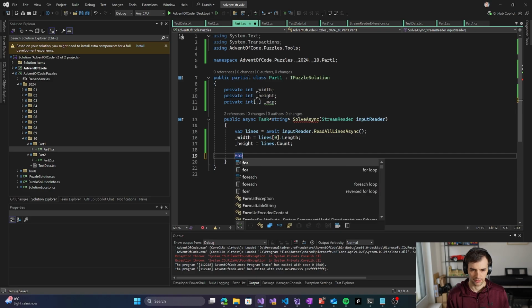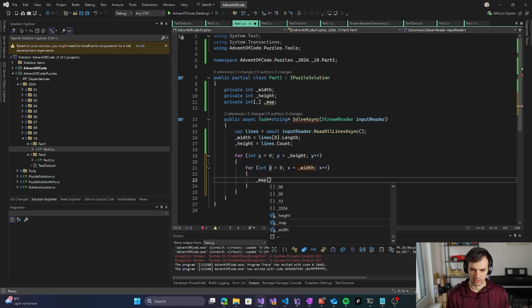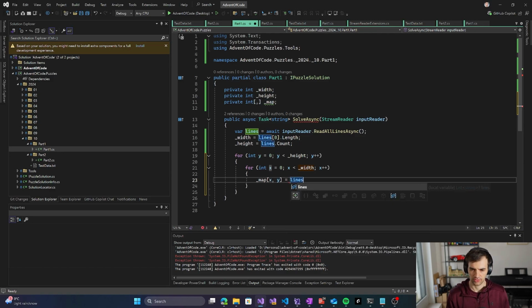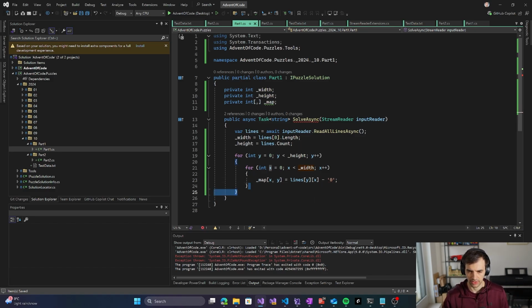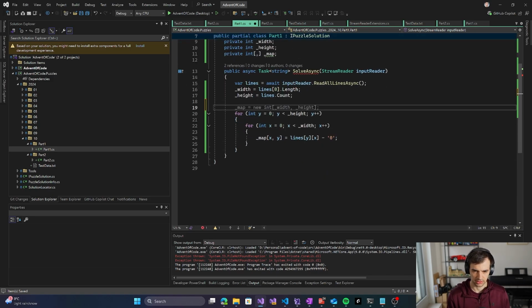So for y less than height, and for x less than width, and I will do map x y equals lines y and x, and we have to subtract '0' so that we get the actual value of the number that's there. So that's reading the input,